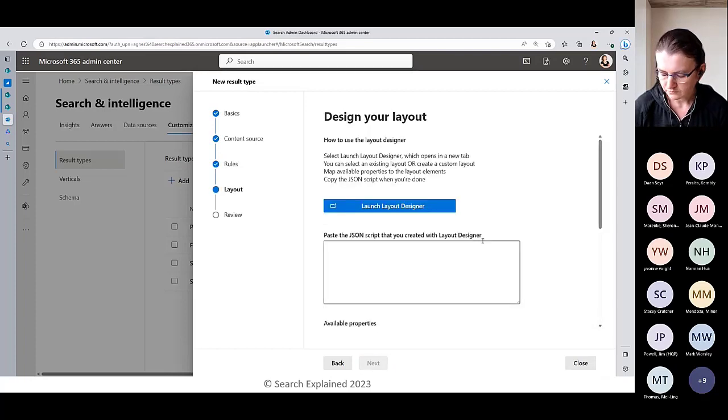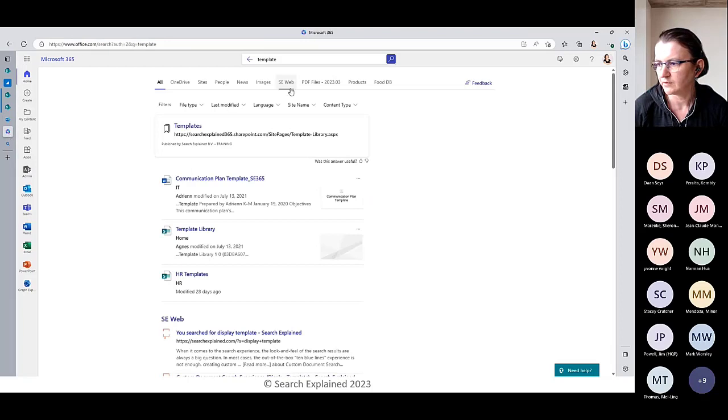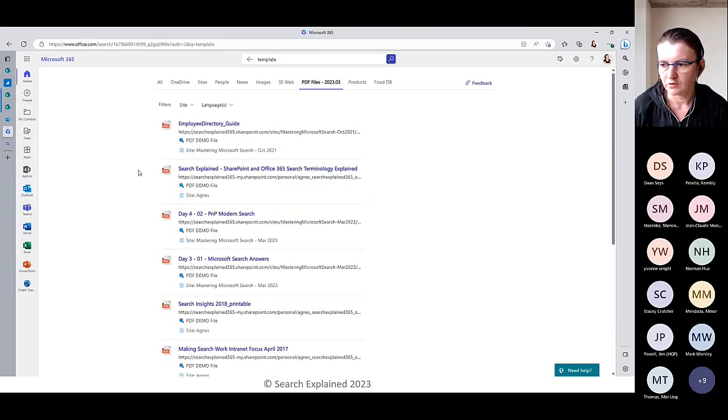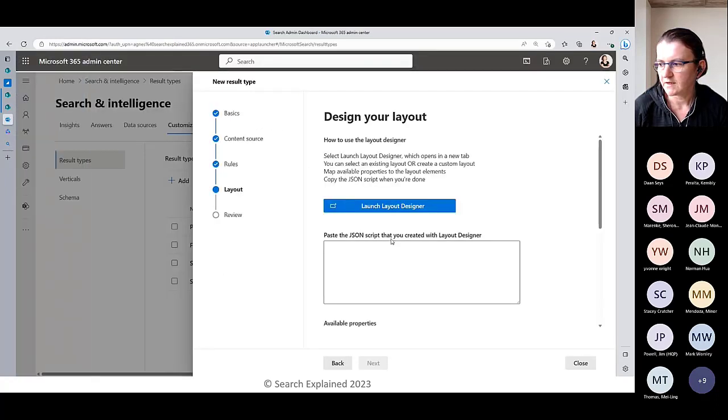And on the next page, you design the layout, how it should look. So this is where I described how this PDF should look. These are the JSON descriptions for the adaptive cards, and we can use the layout designer here. I don't want to go into the details of how it can be used, because it takes a lot of time to design those layouts, but this is how you describe them. And the last step is just to review your